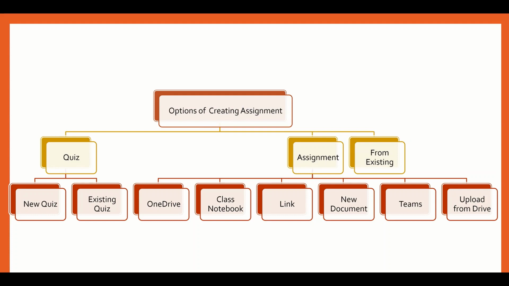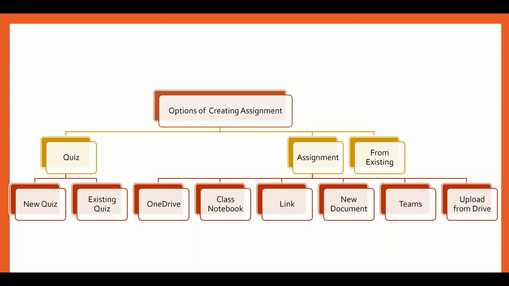So first, let's see what assignments we have. We have an option for creating any assignment: quiz, assignment, and an option of creating an assignment from existing work, so that we need not create a new assignment for each class every time.